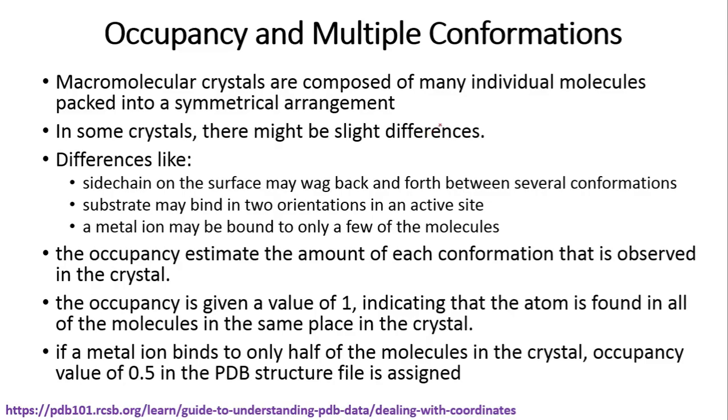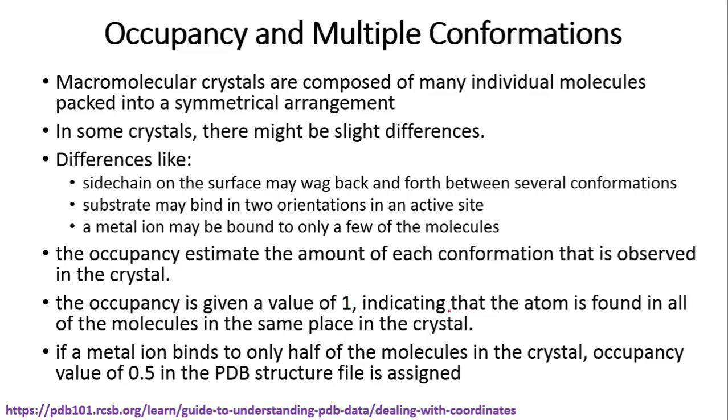So these things can happen during the process of crystallization. The term occupancy is a kind of estimate of the amount of each conformation that is observed in the crystal. So if the occupancy is given a value of 1,